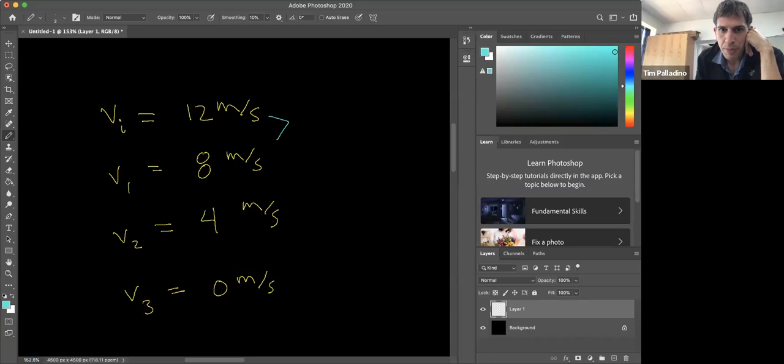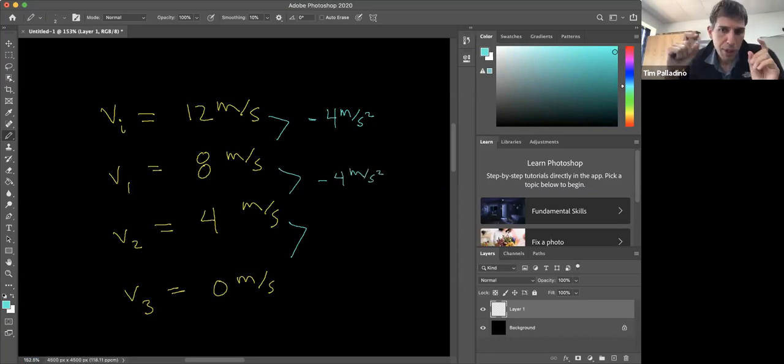So what I was going to show you here is that the difference between any two points is that the velocity goes down by 4 meters per second every second. So between these two, it's minus 4 meters per second squared, because this is slowing down, it decreases by 4 meters per second. Now,